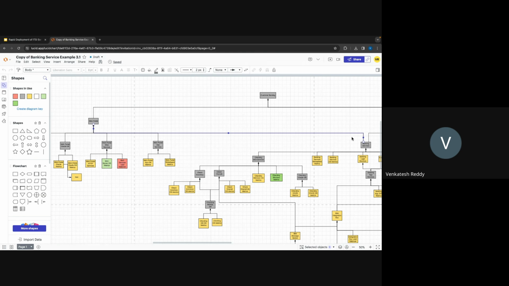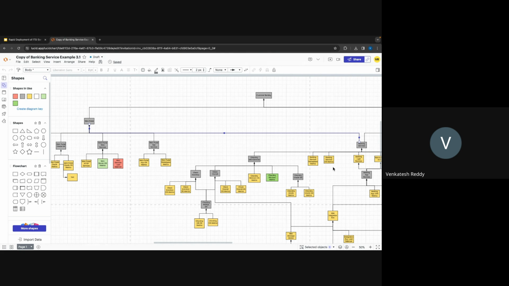In a similar way, for the banking services, I defined microservices, and then banking services for WebSphere metrics.